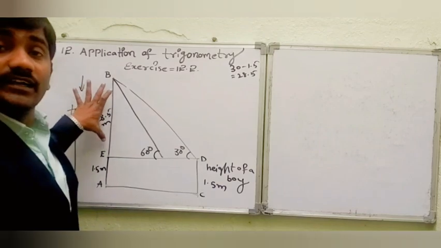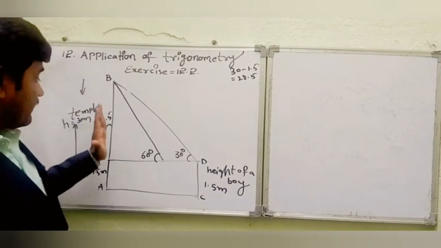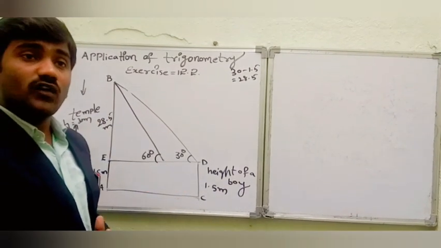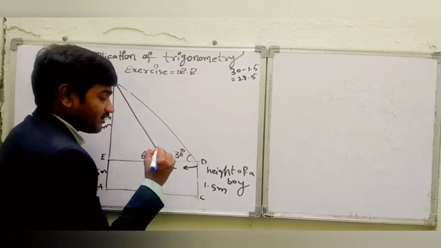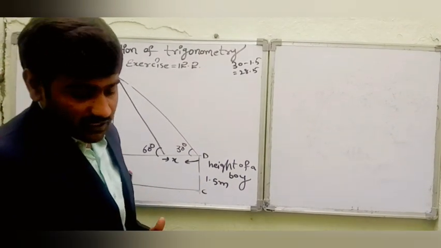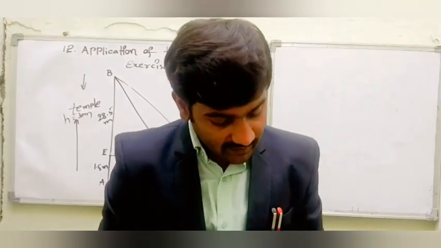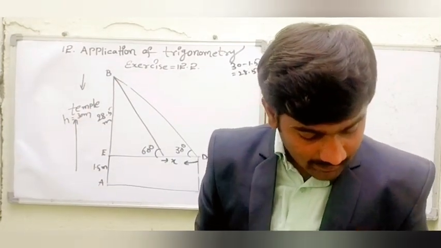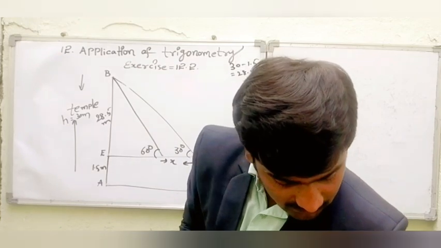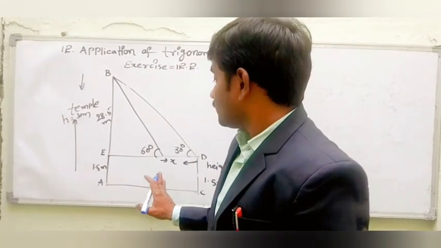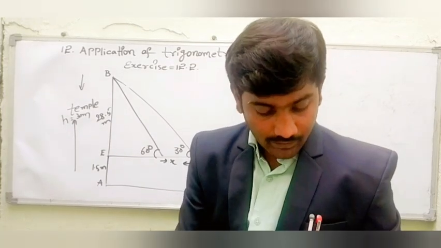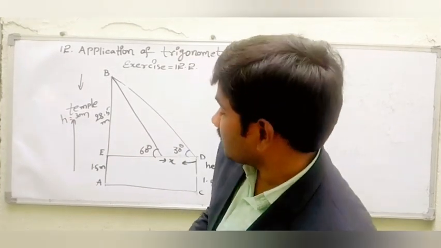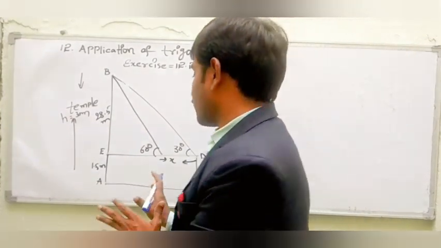So this will be the height of the temple here. Now actually what we need to find out is what distance he walked towards the temple. That is what we require. And let us see what is also given. Here is the question again: what distance he walked towards the temple, that is what we require.